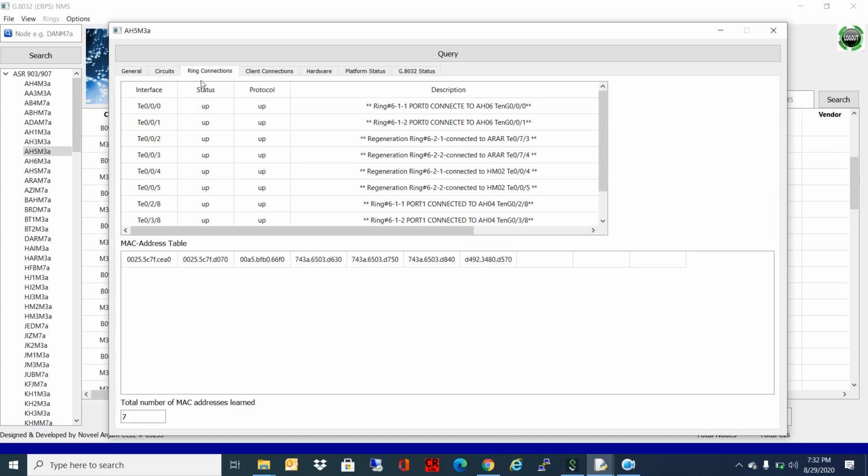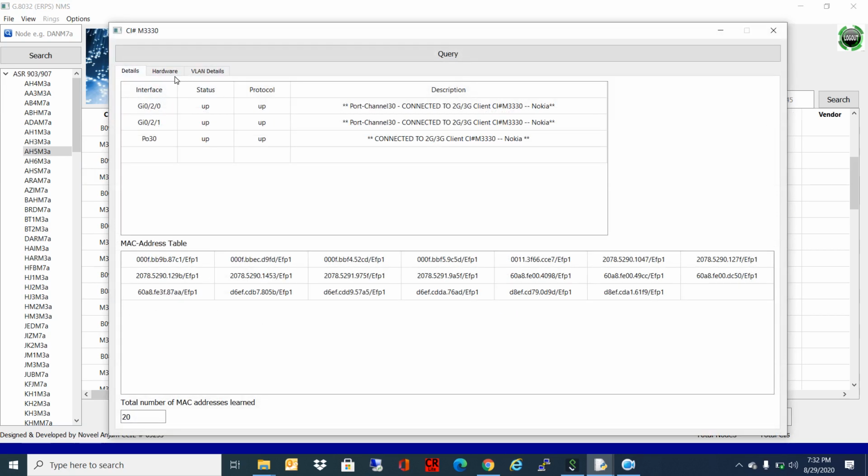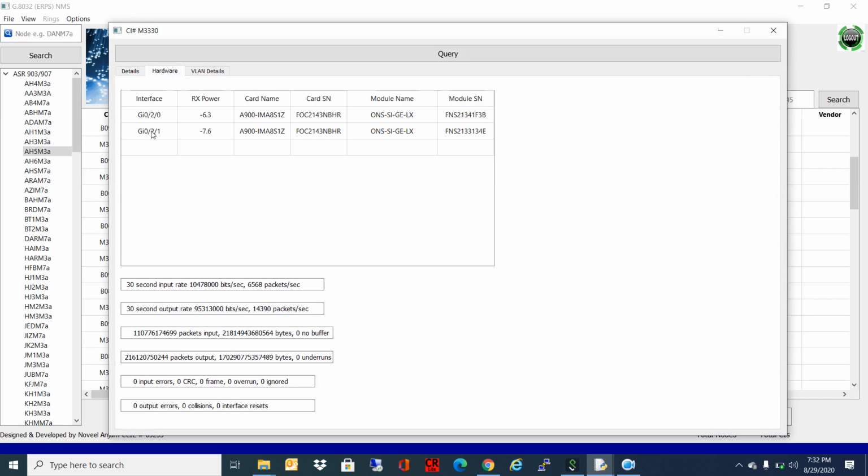Then in the next tab, in the ring connection, we can see the ports which are connected to the rings. In the previous window, in the hardware, it was showing the ports which were connected to the client side only.